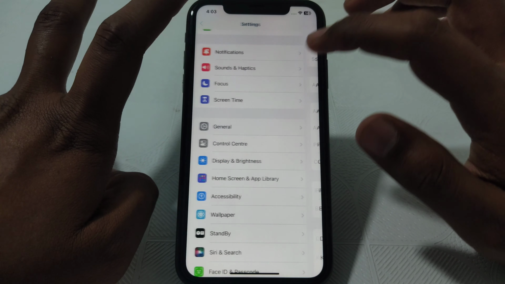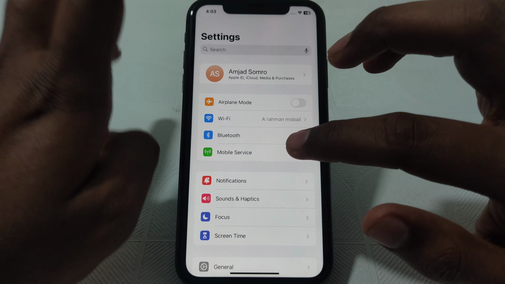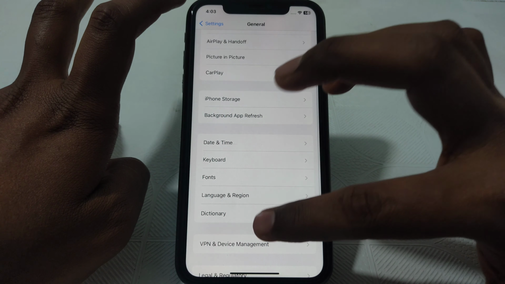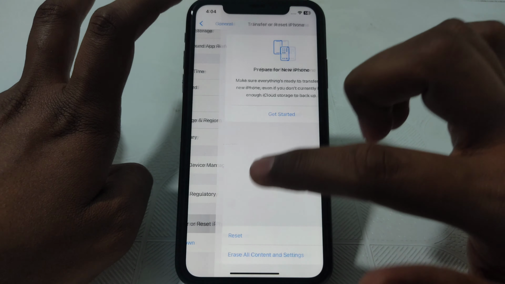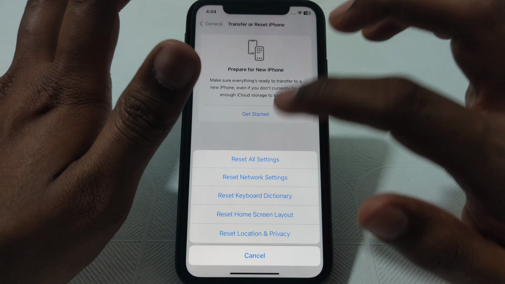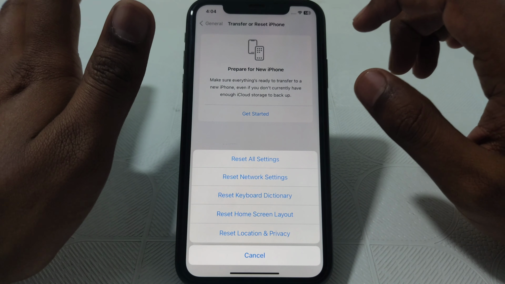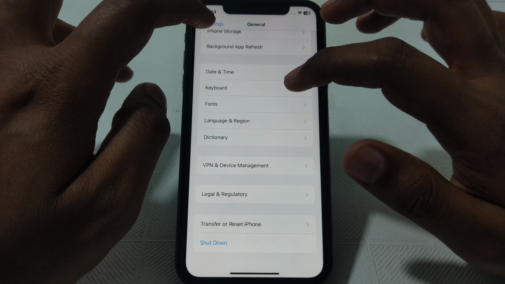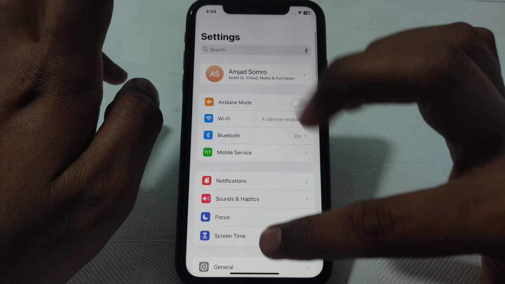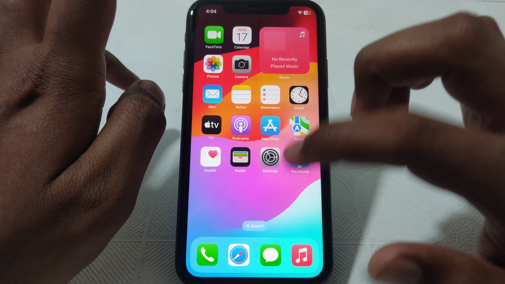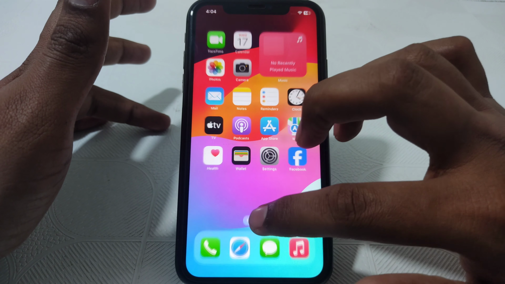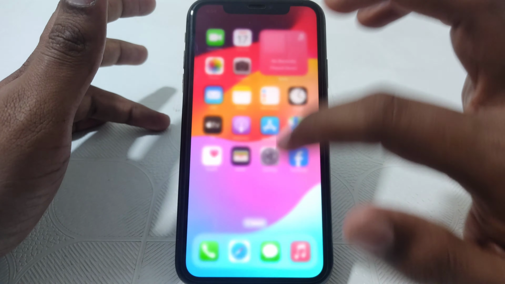And after that, you have to scroll down until you find the option of general. So here you can simply go for transfer or reset iPhone, and here you have to simply reset all your settings, which means you have to make sure that all of your network has been reset. And after resetting all of your settings, you have to check whether your Face ID is available now or not. If the Face ID is still not available, then you have to simply close all the pages